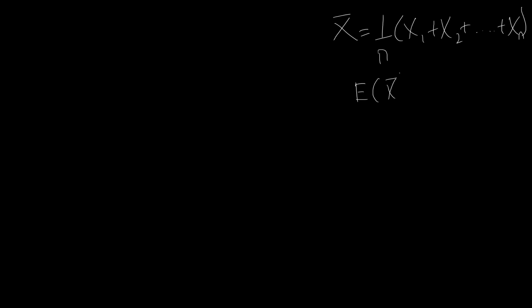Now, in one of our earlier videos, we have already gone through the proof that our estimator of the sample mean is an unbiased estimator. So this was our estimator, X bar, and we had proven that this estimator is an unbiased estimator. So the expected value of X bar is equal to mu X. I'm not going to repeat that in this video, but what we're going to do is